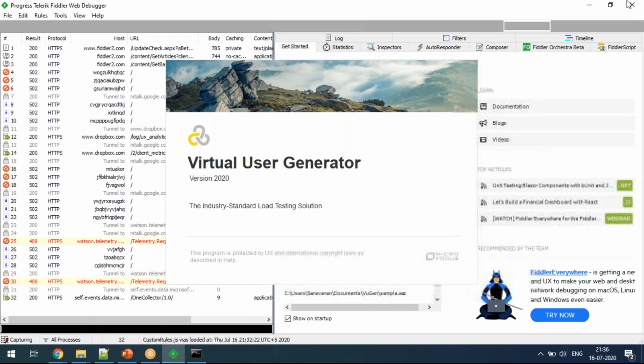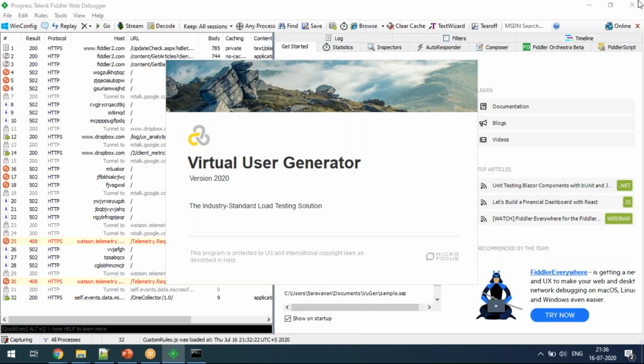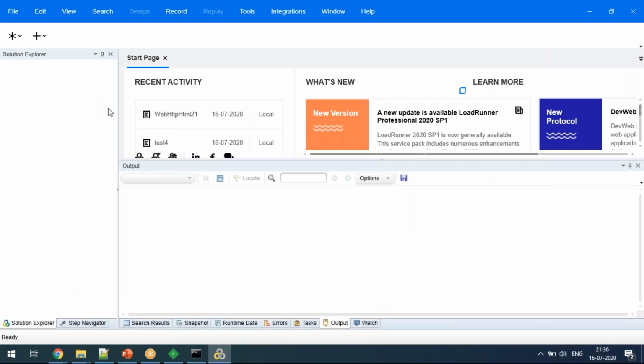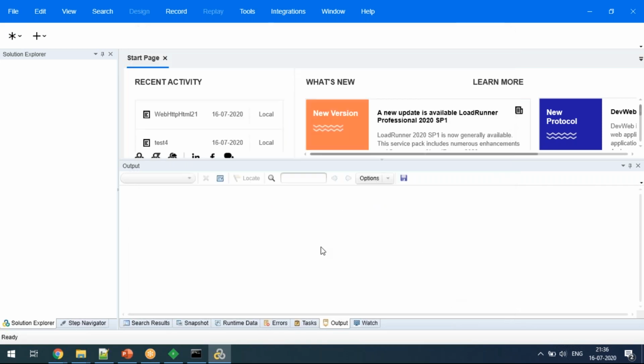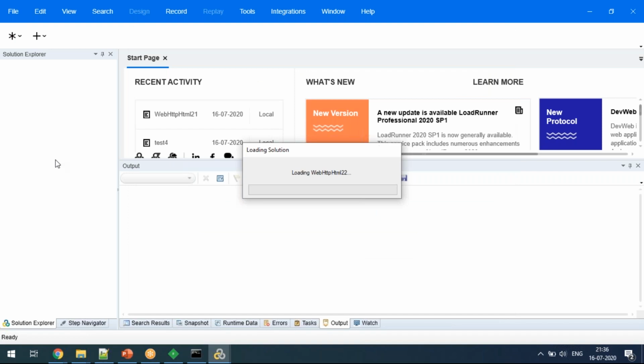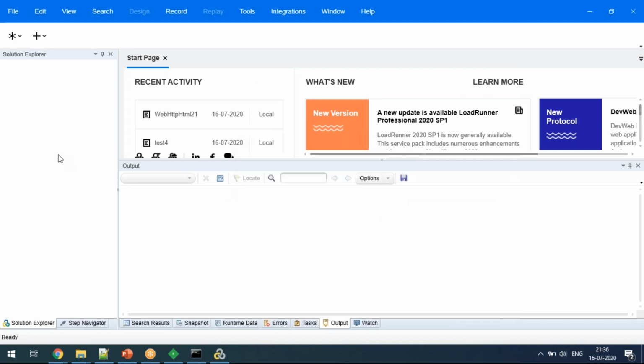I will close this Fiddler for now. So what you have to do in LoadRunner: say I'm going to create a new script, a new Web HTTP/HTML protocol script. And then you have to go to the recording options.